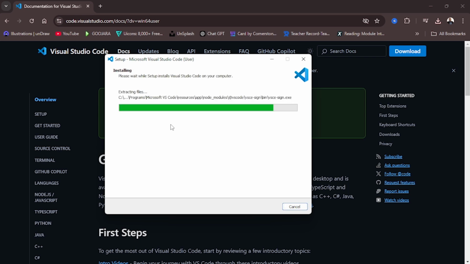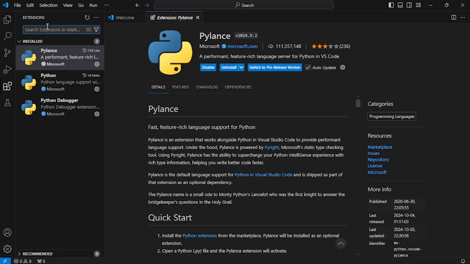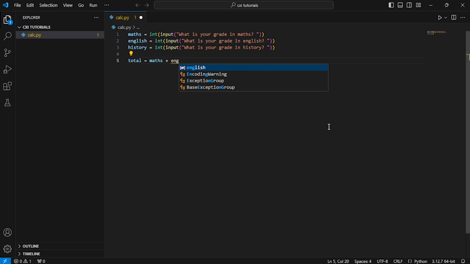So in this video, we are going to be looking at the difference between the line-based coding and